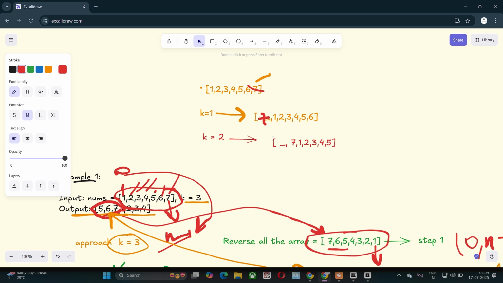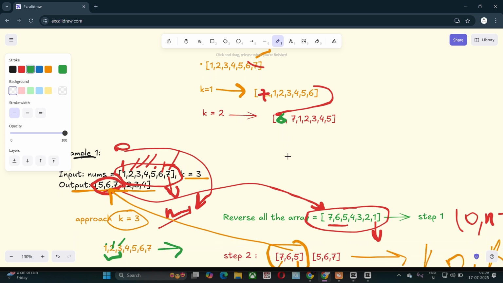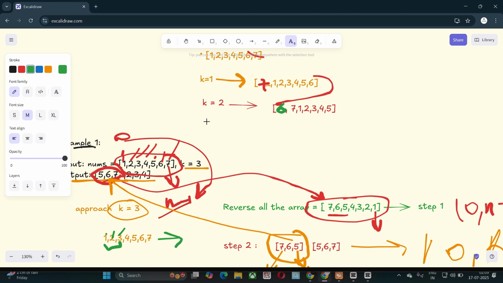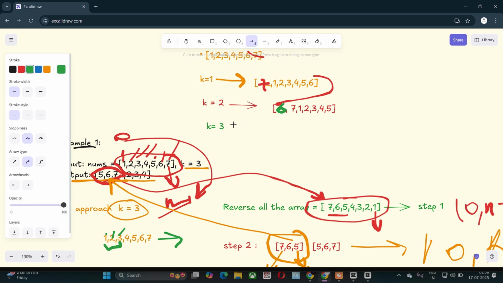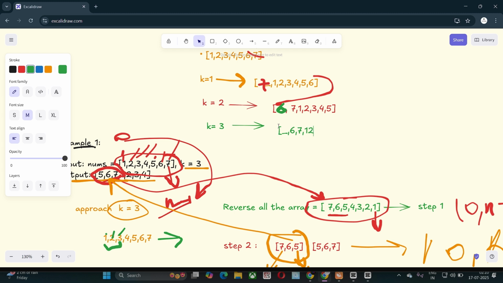After that we follow this step: reverse the whole array. So we reverse all of our array, 0 to n minus 1. 0 is our 7, because it's starting from the 0th element, 0, 1, 2, 3 indexing. And here you can see 7, 6 and 5 are our kth elements. So our 7 is starting from 0 and 5 is our k, so it's ending at k minus 1 if I traverse. After I traverse this, it matches our output.